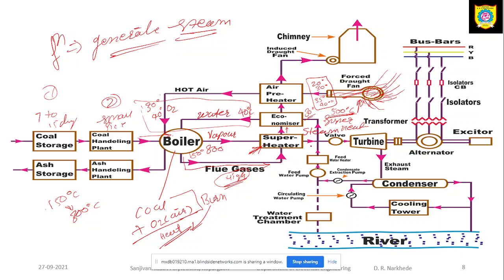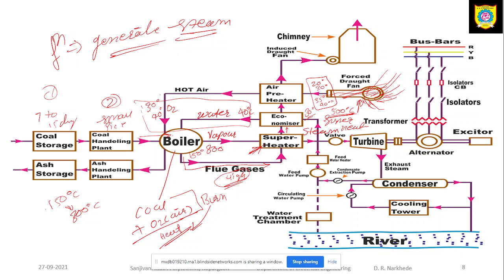Now after the superheater, these flue gases are going to be released. First these flue gases pass through the superheater, then the economizer, then the air preheater, and then they are released into the atmosphere through the chimney. I think all of you have seen a chimney. In front of our college there is a sugar factory, and in that sugar factory you can see two large, tall chimneys through which the gases are released at a higher level into the atmosphere.